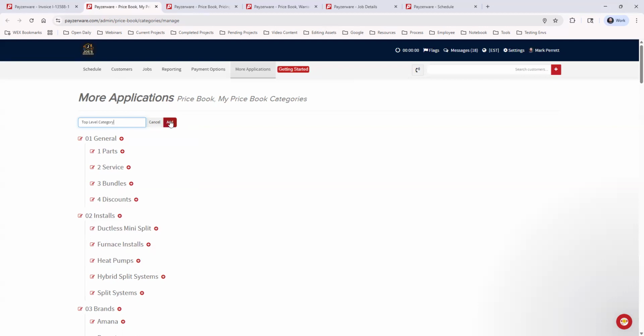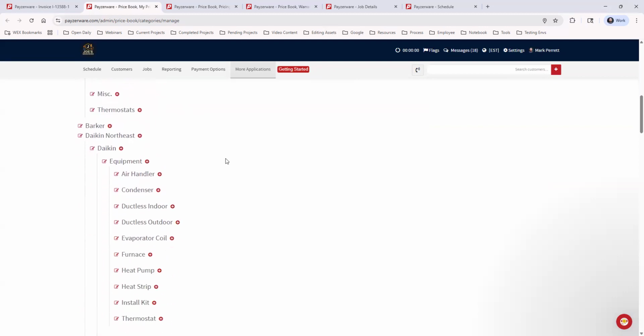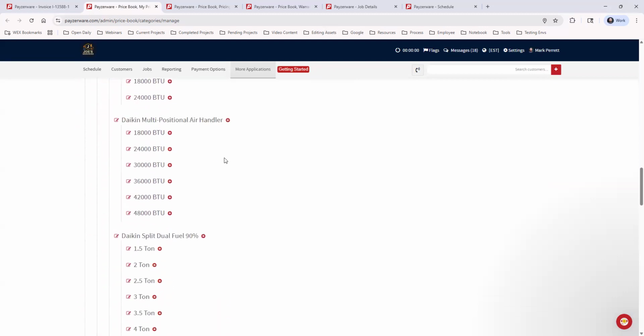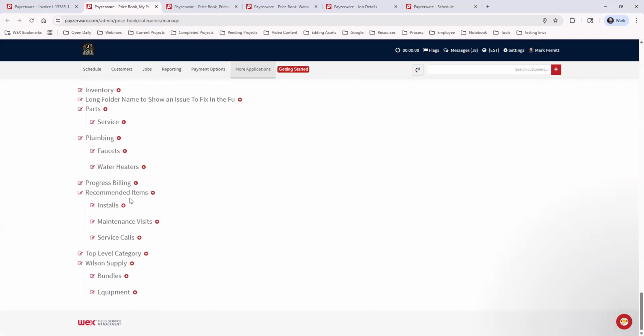And then hit Add. That will then add a new top level category, aka a new folder. And these will be in alphabetical order when you add them. And here is our top level category. And that will be the main folder that you'll see when you're looking at the first page of folders in the price book. Then we can add subfolders by clicking the red plus button here, and you just add a